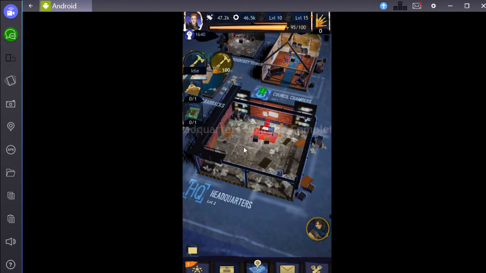Now, one thing I forgot to mention here is this little blue fist icon underneath your character portrait. This number here, 1640 right now, as you recruit survivors or increase your headquarters or your base, that number goes up. That's basically your defense number of how strong your...